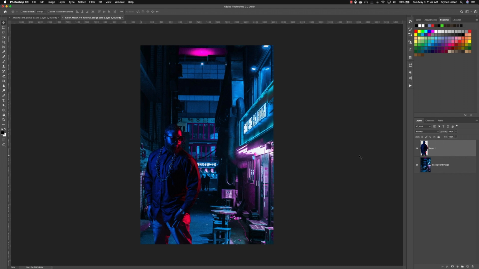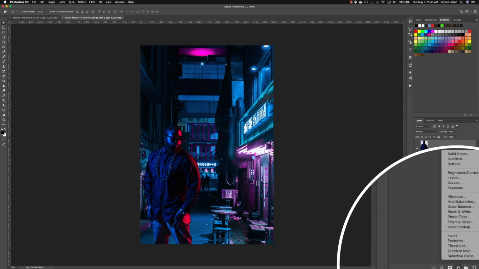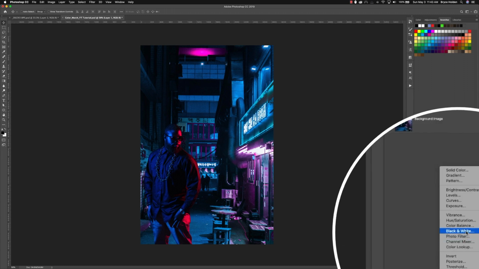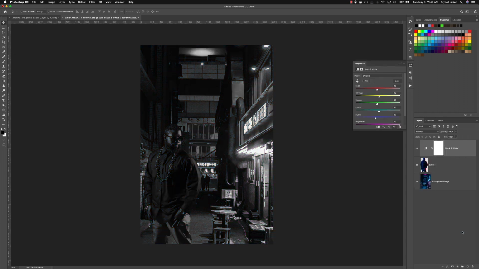Let's start by creating a layer that's going to help us only see luminosity values. We're going to go to our layer panel, then select the layer adjustment icon, and we are going to create a black and white adjustment layer. Now we can see the difference between our cutout and the background as far as shadows, midtones, and highlights go. Now that we have this, let's make another adjustment layer so that we can only adjust the cutout so that we can match it to the background.